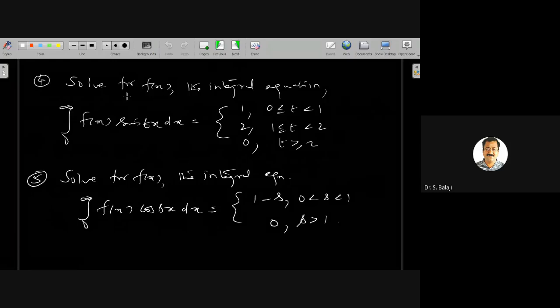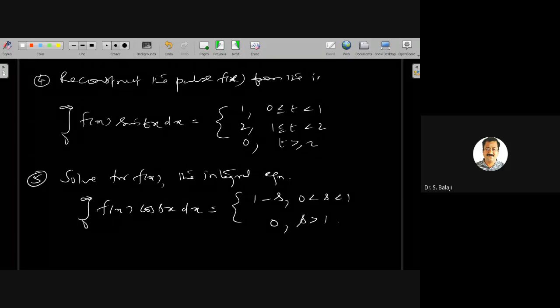Solve for f of x here. You can also ask the question in a different manner. Instead of solve for f of x, you can write reconstruct the pulse f of x from the integral equation. Integral 0 to infinity